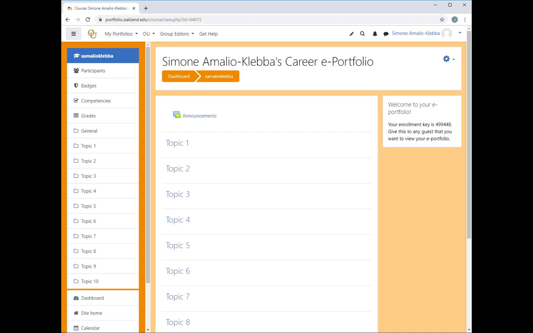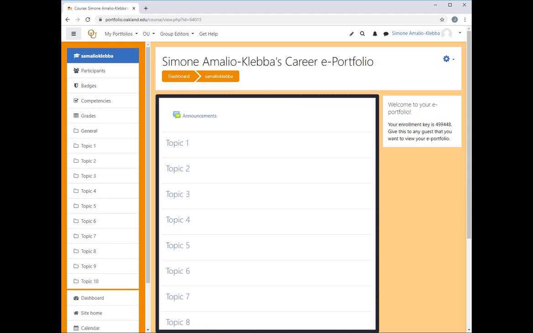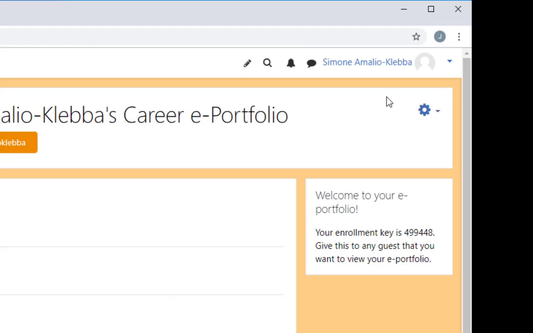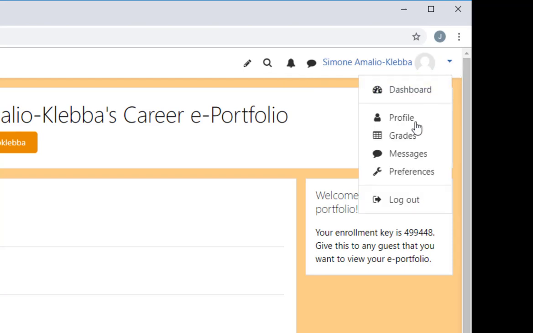In the middle of the window, you'll see the content area. This is where everything you post will appear. You will almost certainly want to delete the default information that appears there. We'll get to that in the next video too. Finally, in the upper right is a link that allows you to edit your portfolio and another one to log out. So when you want to log out, you just click on that.